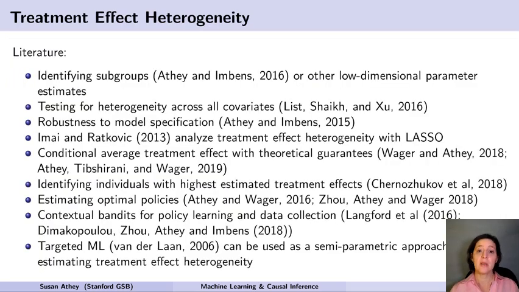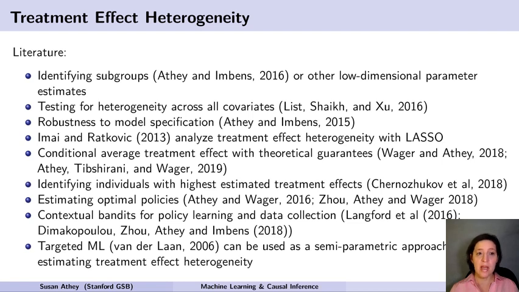So let me start by saying that there's actually a pretty wide literature and it's growing really fast. I've just listed here a small sample of the papers that have been written in the last 10 years that are analyzing treatment effect heterogeneity. And one thing I want to emphasize is that there's not just one question here. There's not just one question and one best method for that single question. Instead, there are many questions around treatment effect heterogeneity, and each question will have its own set of methods.